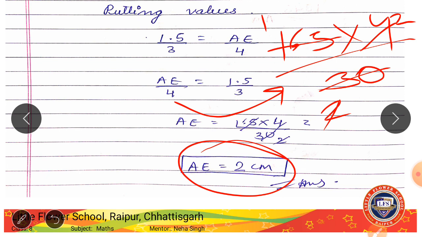It is easy. We just need to equate the values. Since the lines are parallel, a line parallel to one side of the triangle will divide the other two sides in equal ratio. So we are going to equate the ratio. After equating the ratio, we saw that three values we know, right? And the one we need to find out can be easily found through this method, right?